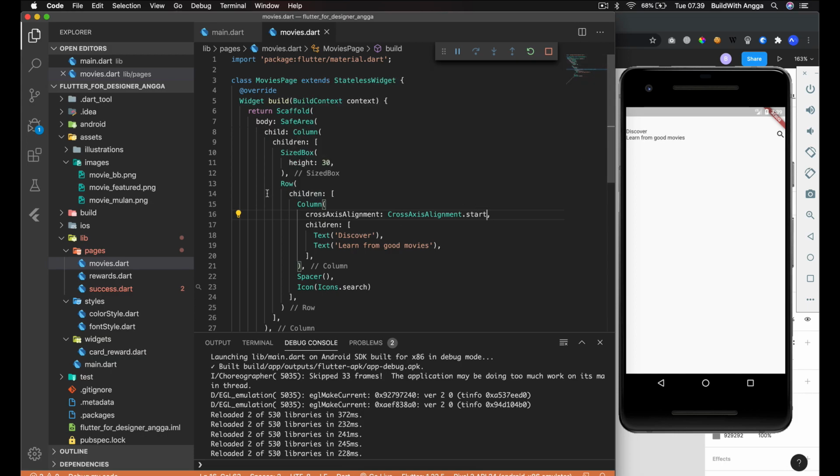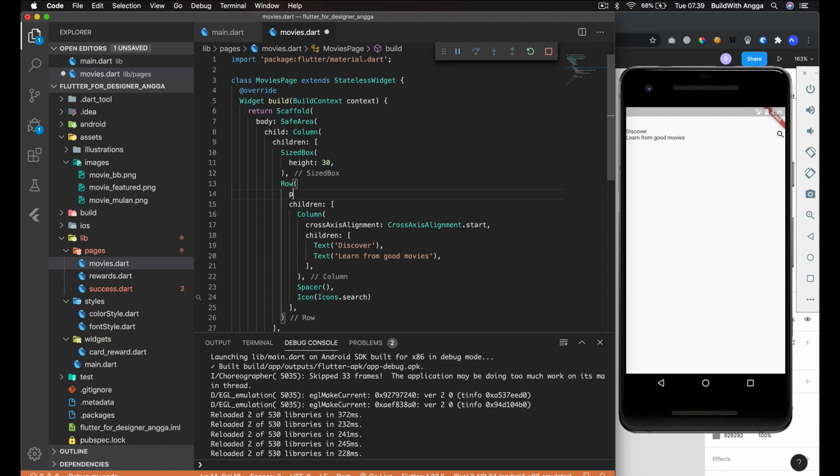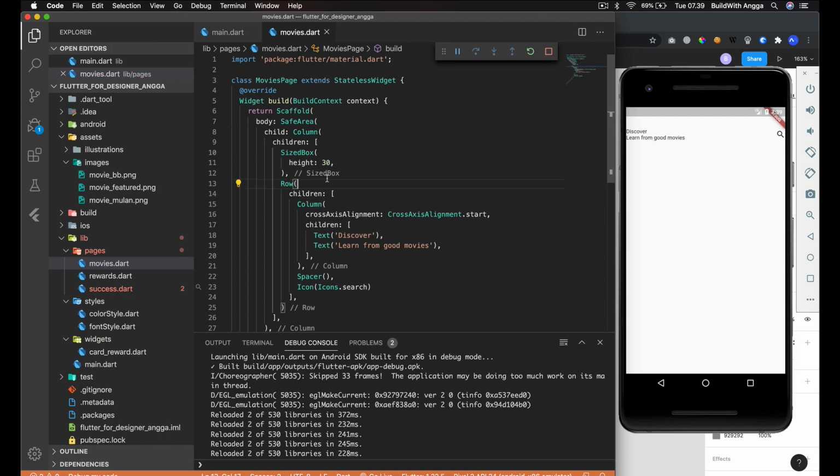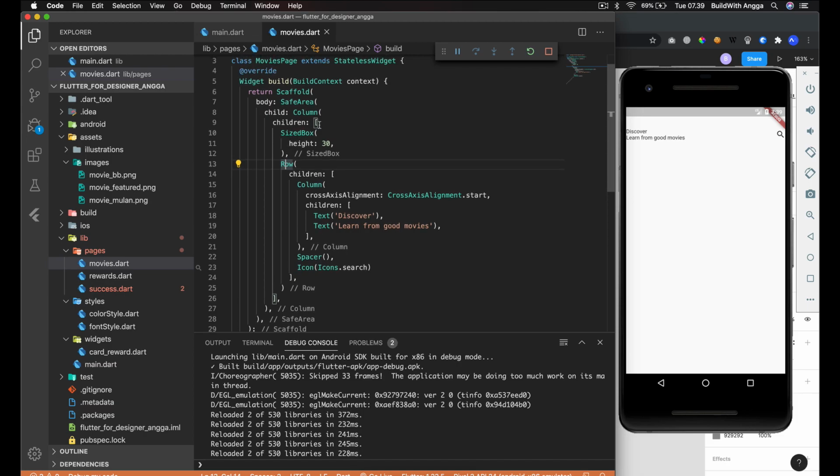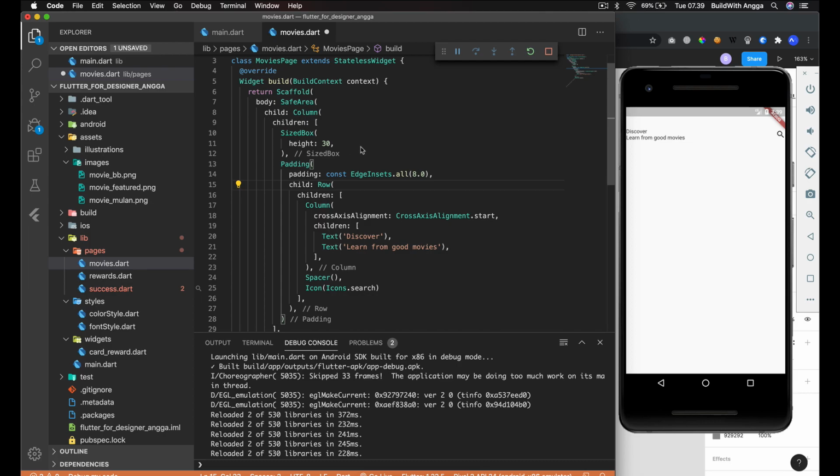And then for this Row, since I remember this Row doesn't have padding, what we're going to do is wrap it with Padding, and we just need to set this horizontal 24.